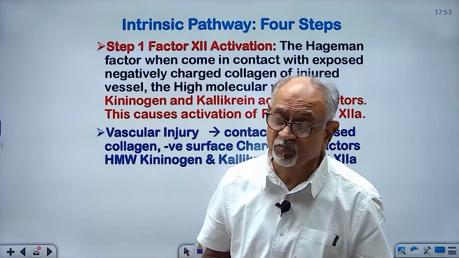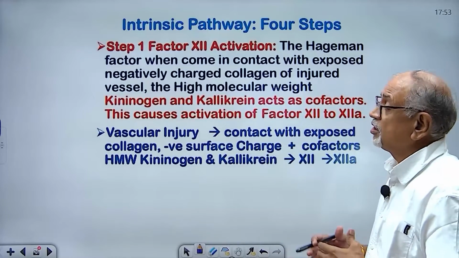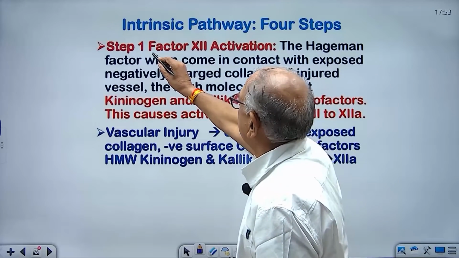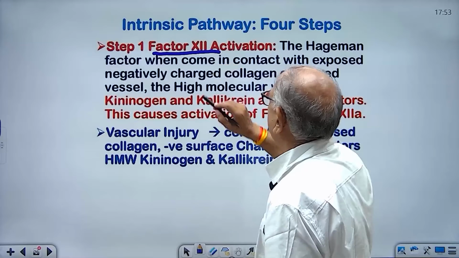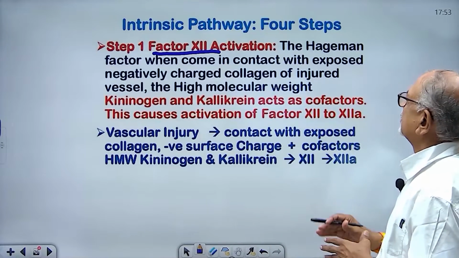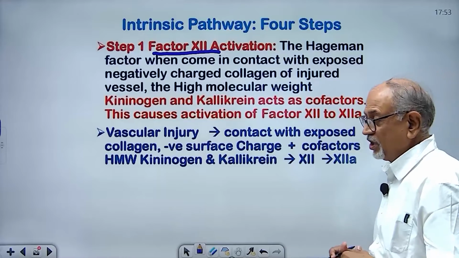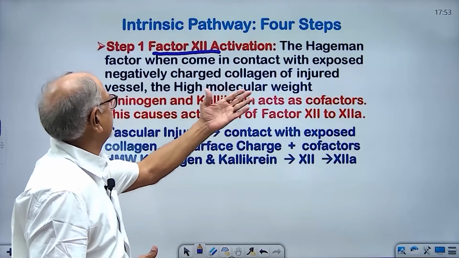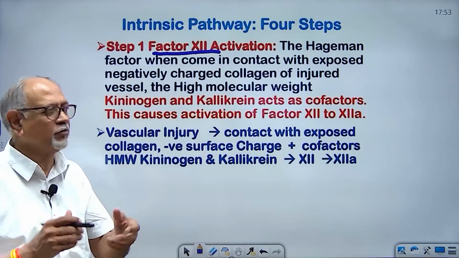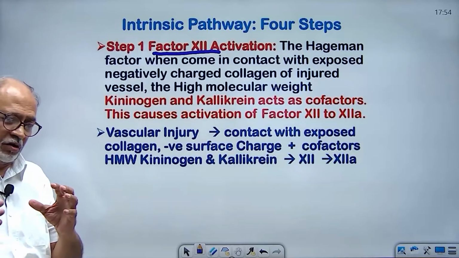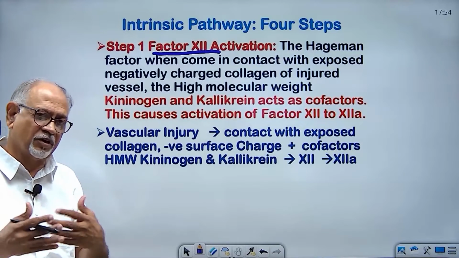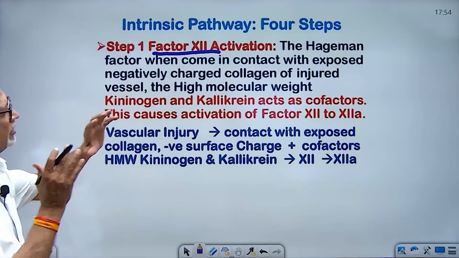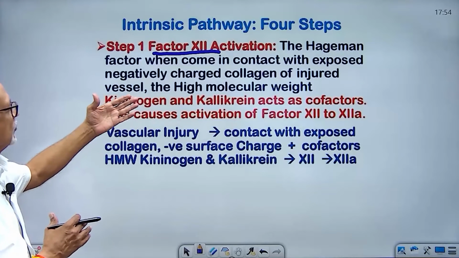Now, the intrinsic pathway can be summarized into 4 steps. Step number 1 is the activation of factor number 12, the Hageman factor, when it comes in contact with the exposed surface of a blood vessel. In blood vessels there are collagen fibers. The collagen fibers are negatively charged. So, when this factor comes in contact with the negatively charged collagen of the injured vessel,